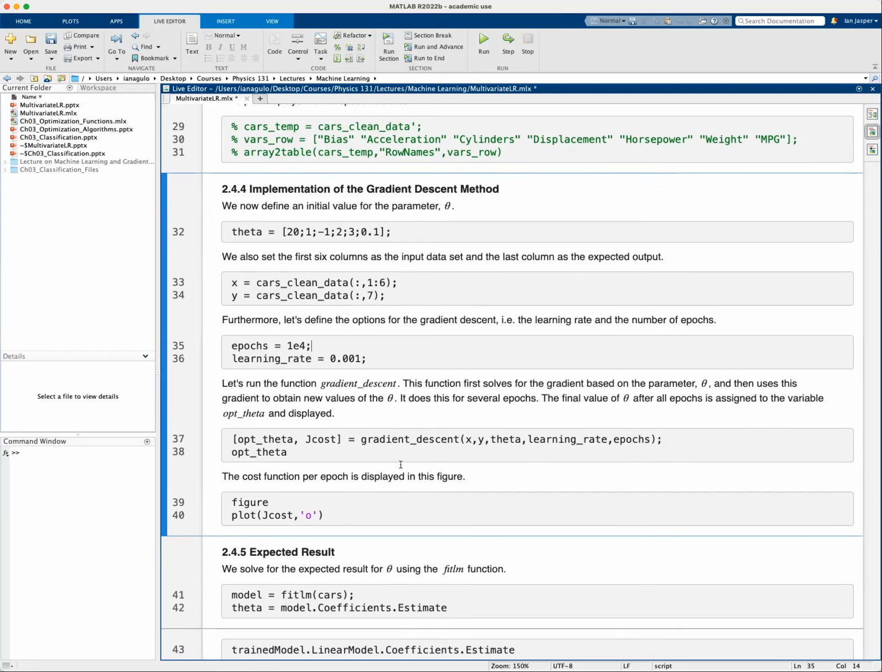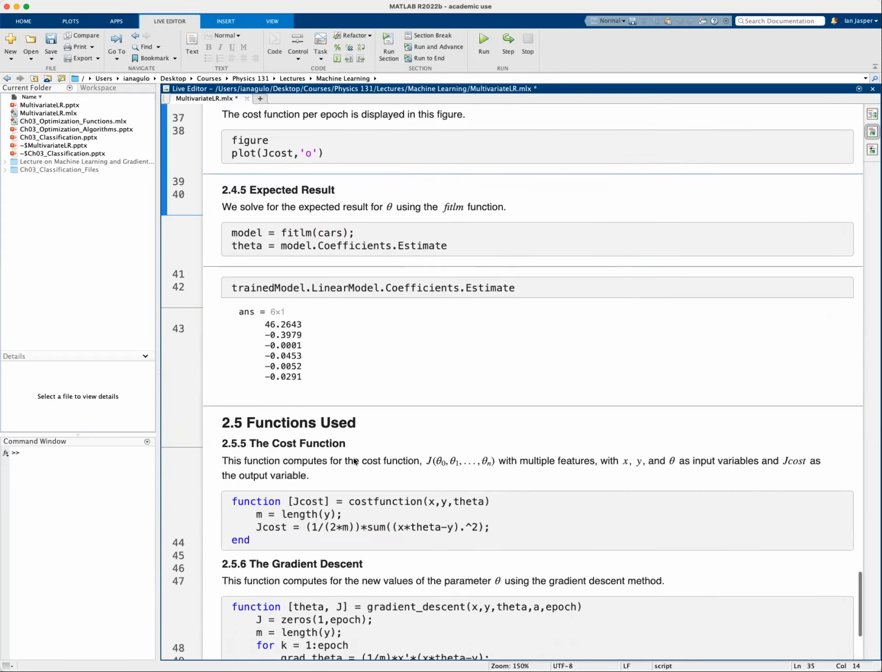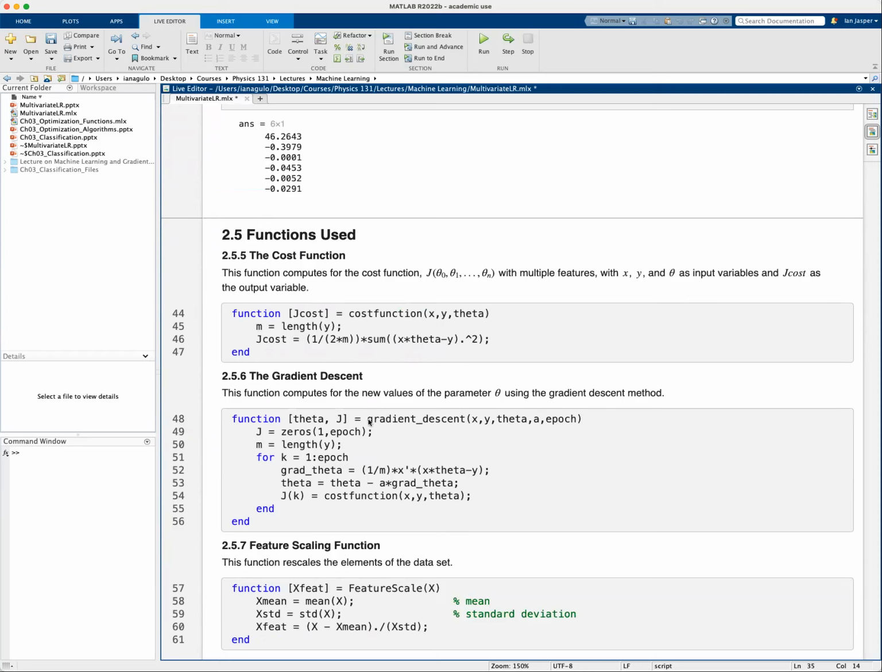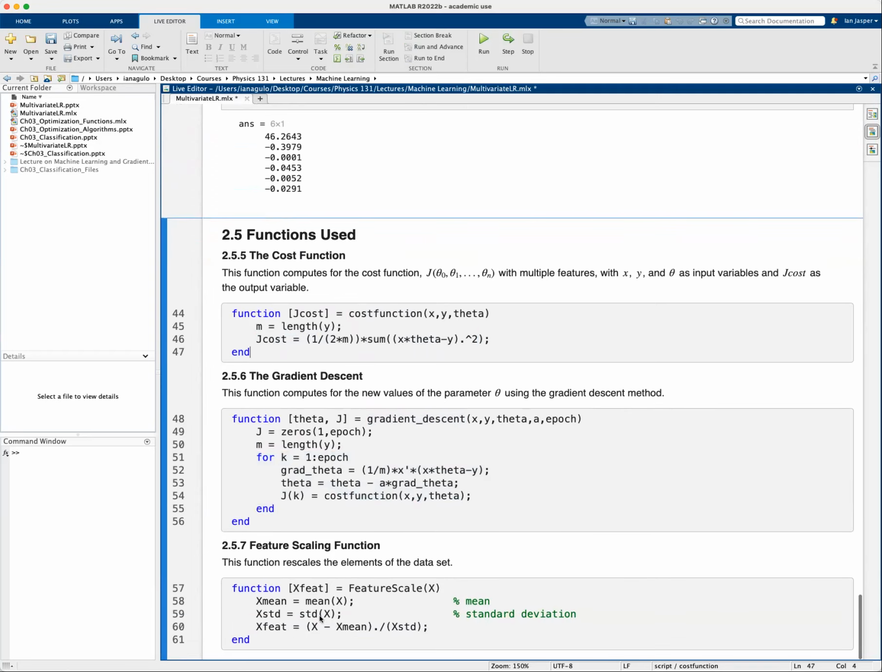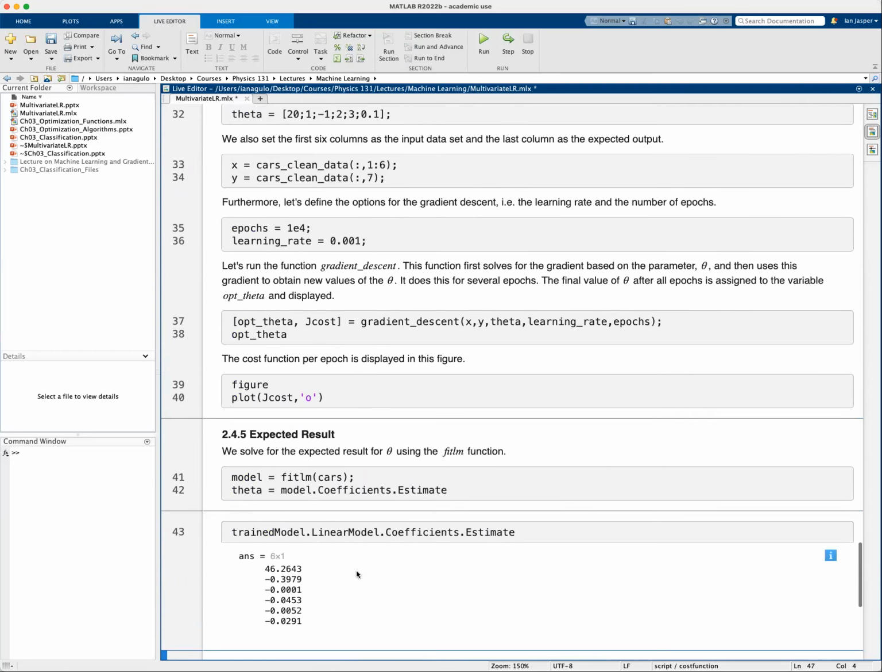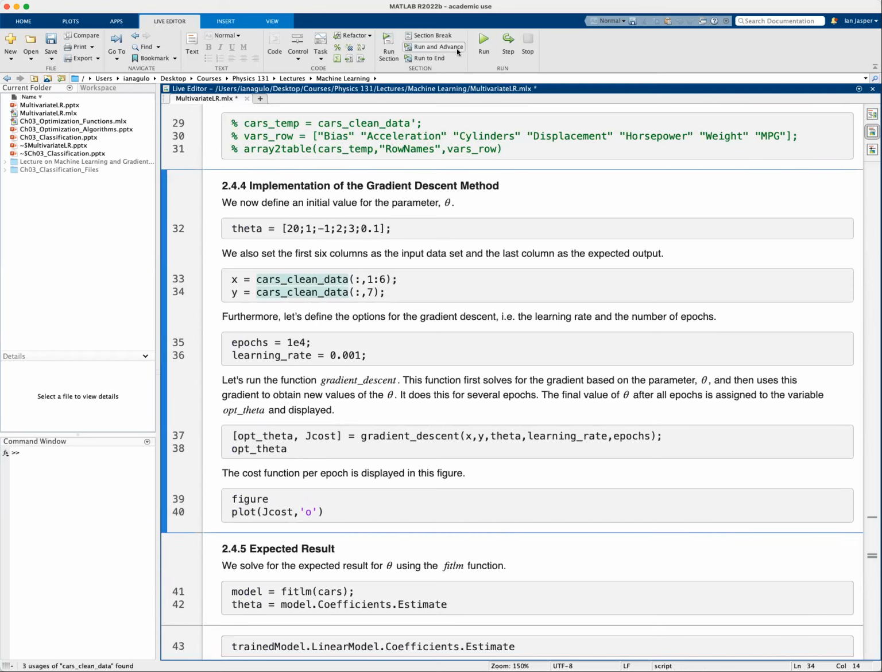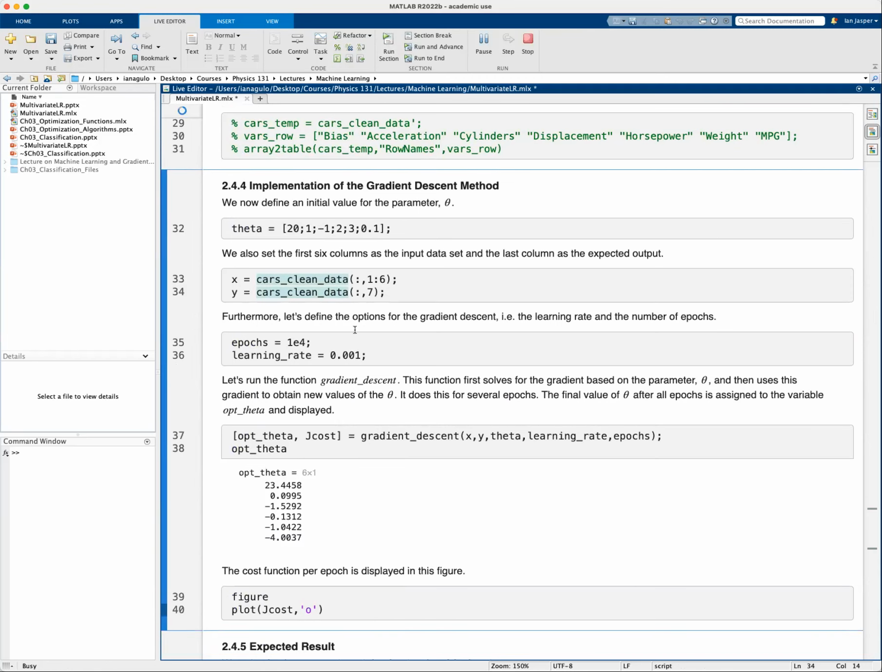Okay, so ito yung ating gradient descent. Now, yung function ng gradient descent is this. Okay, ito yung pinakita ko rin kanina. Ito yung pag-compute ng cost function. Ito yung nakita natin kanina na implementation ng gradient descent. Ito yung implementation ng cost function. Okay, at ito naman yung feature scaling. Okay, so pag ni-run natin tong section na ito,